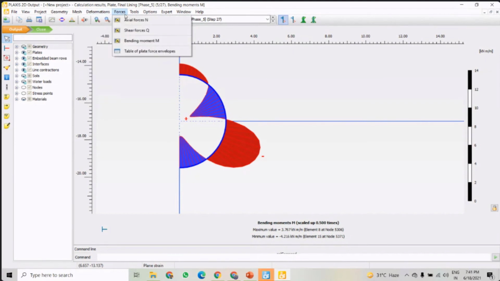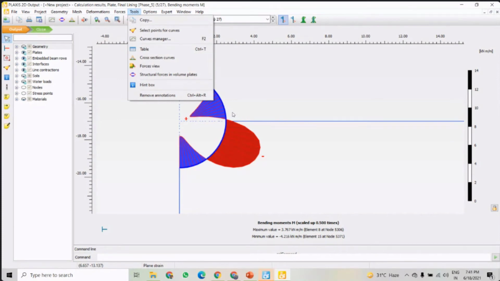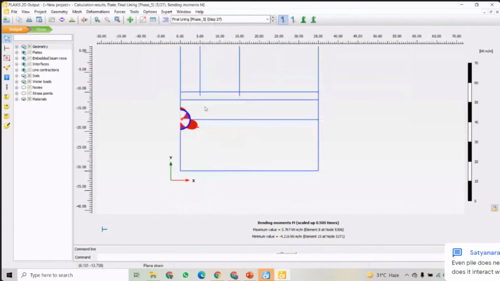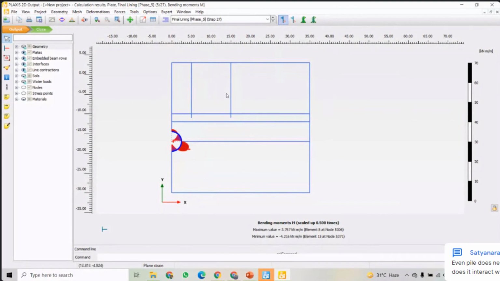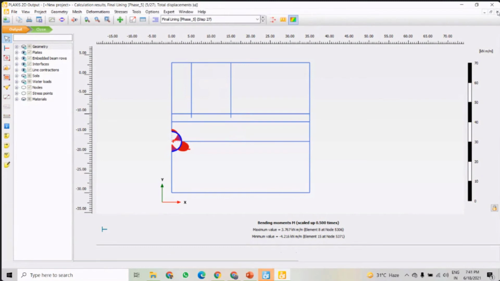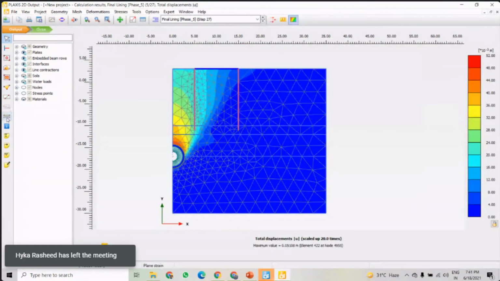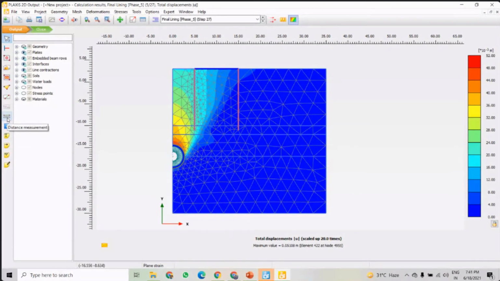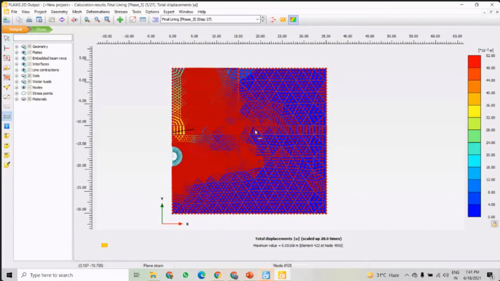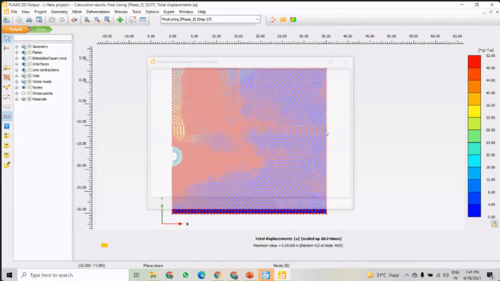Deformation you can check, and one more thing here, you can check the distances also. What is the distance from here to here, you can check through this. Let me close this first. Okay, so here you can see this is the distance measurement. So if you check the distance from one point to other points, you can check through this one also.